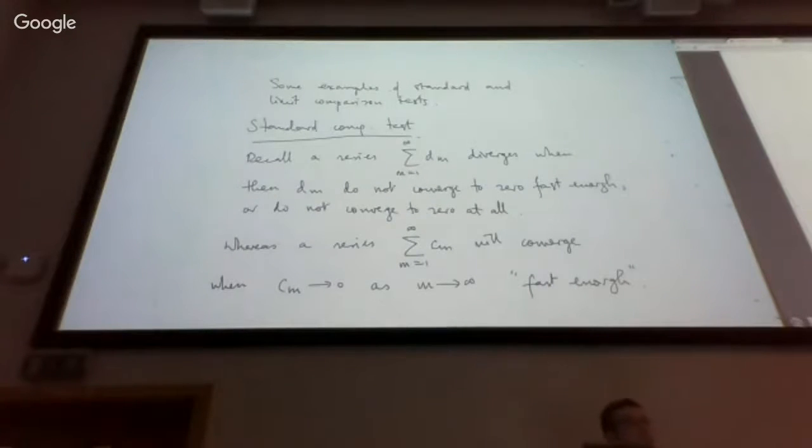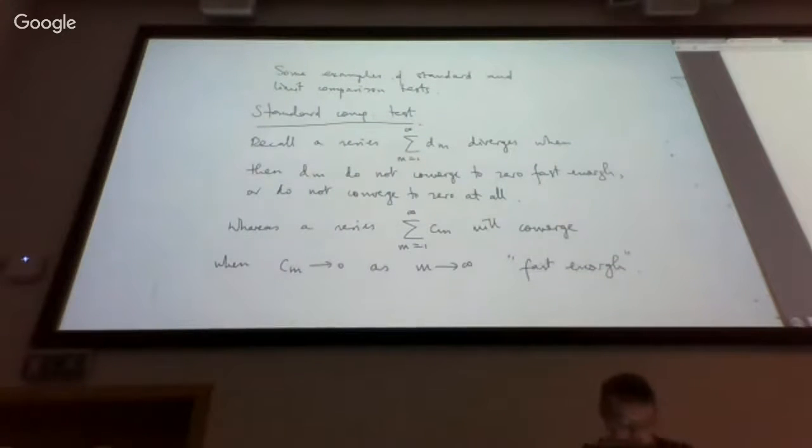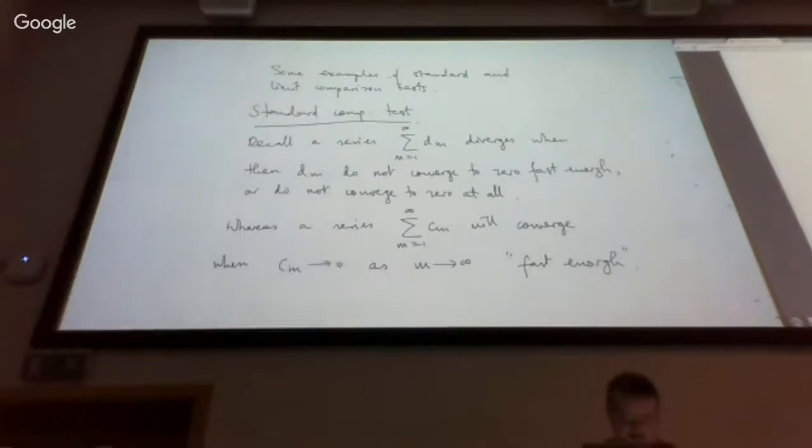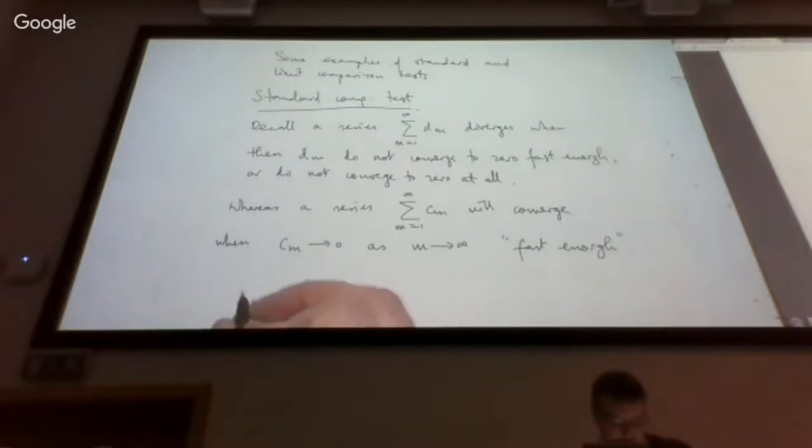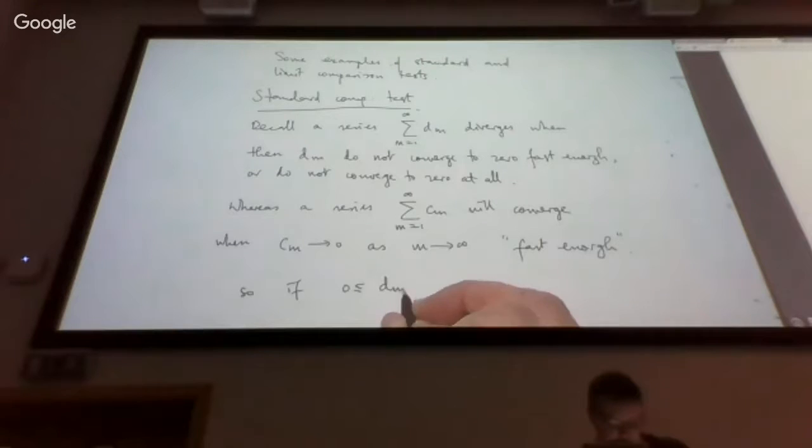It's not enough. The really important example of the harmonic series shows that it's not enough that the terms converge to zero. They have to do so faster than the terms of the harmonic series converging to zero. Okay, so I'm explaining the standard comparison test here, so let's get to it. If we can set up an inequality like this,